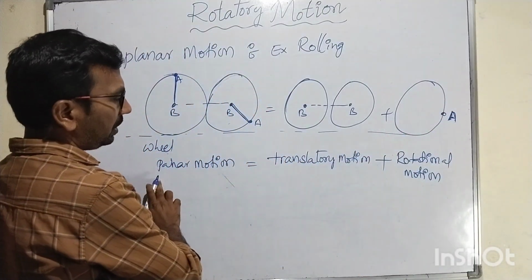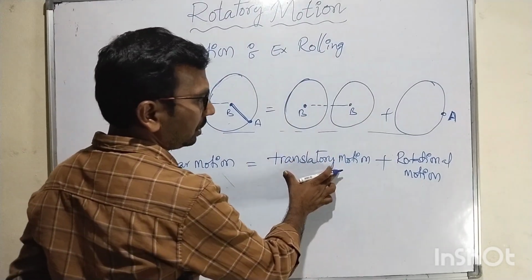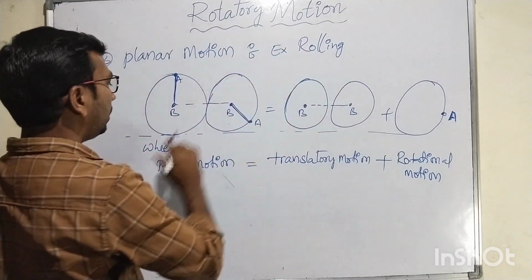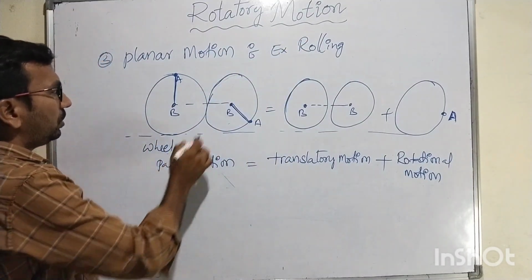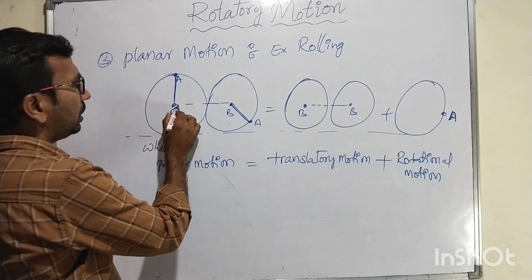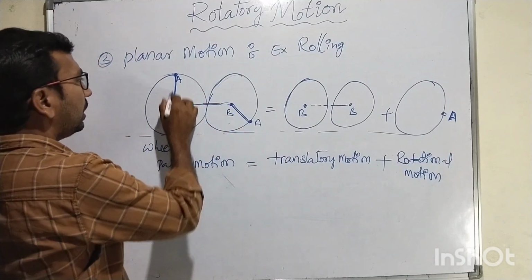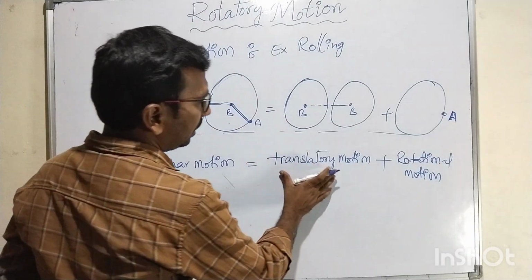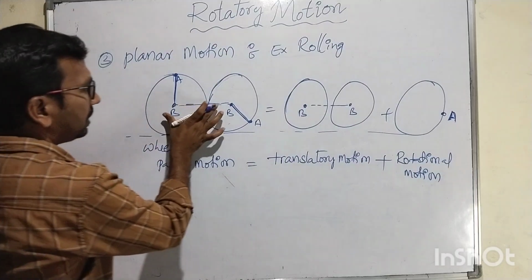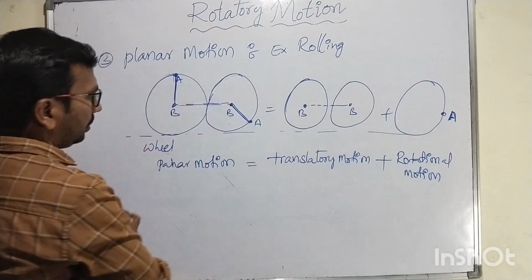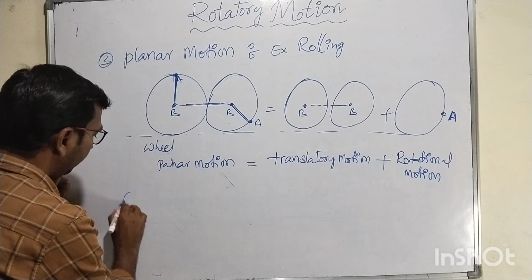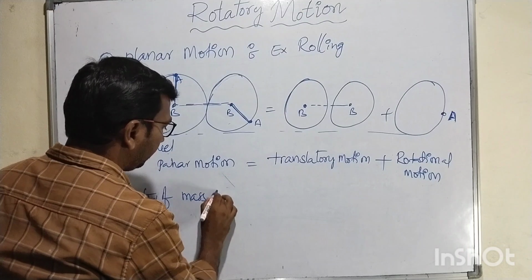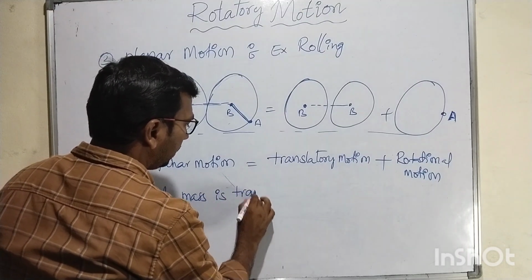So planar motion is a combination of translatory motion plus rotational motion. Here, for planar motion, I consider the example of rolling motion, a wheel. Here B is moving like a translatory, A is moving like a rotatory. So planar motion is a combination of translatory and rotatory motion. B acts as the center of mass. The center of mass is translatory,